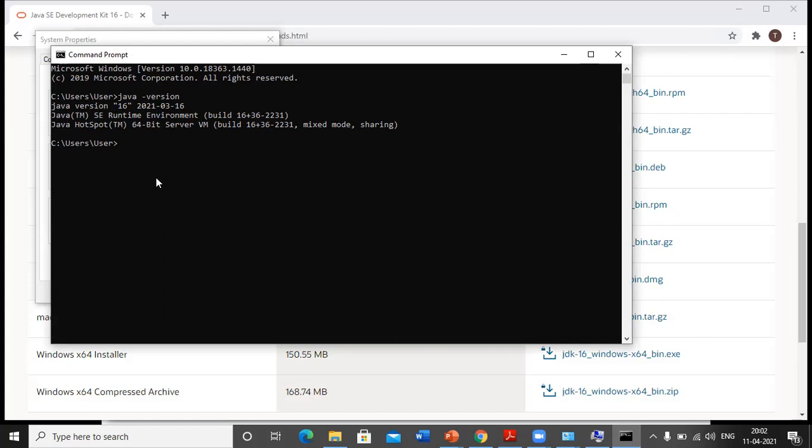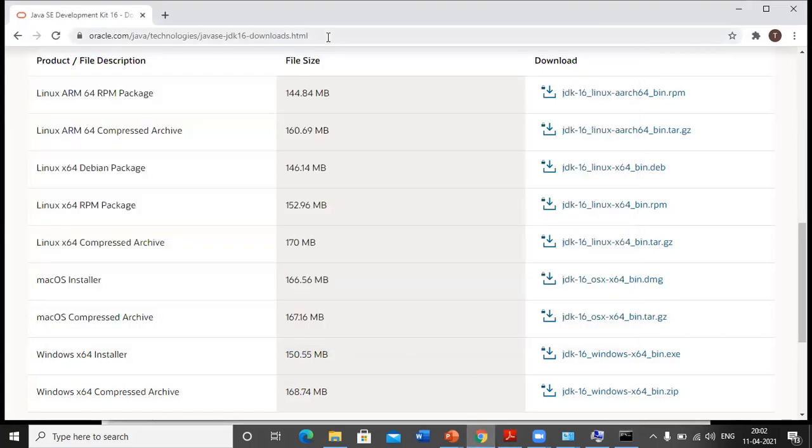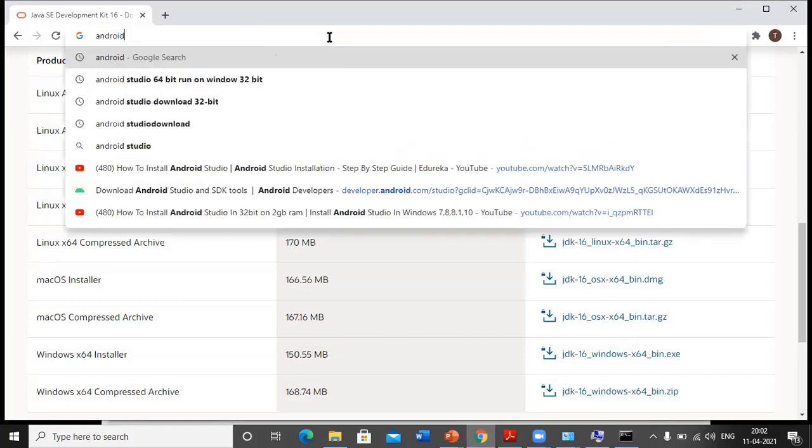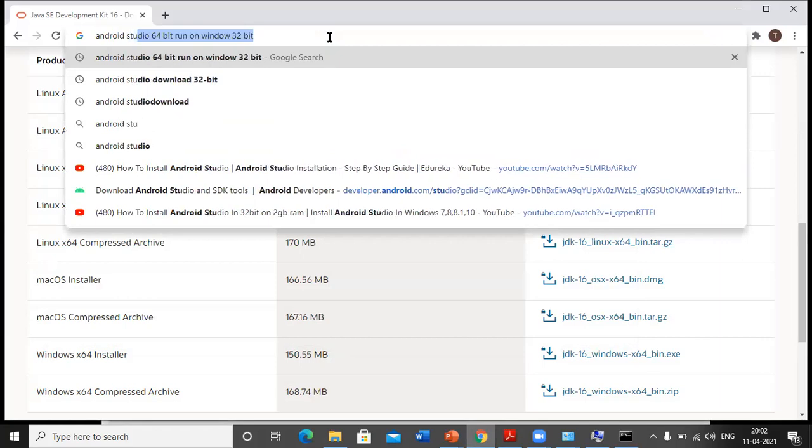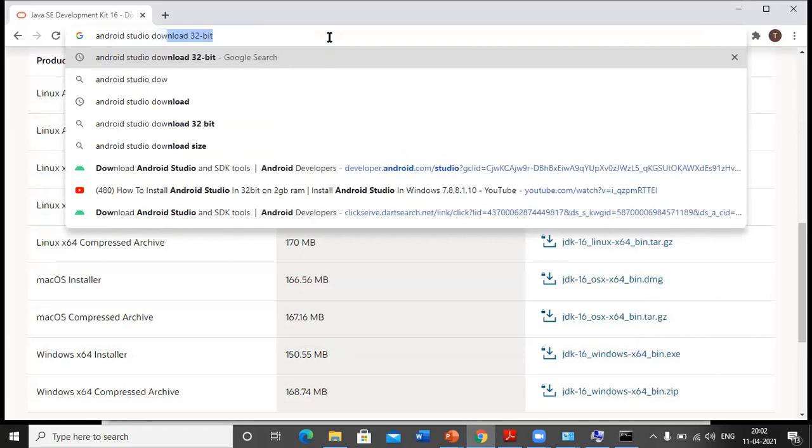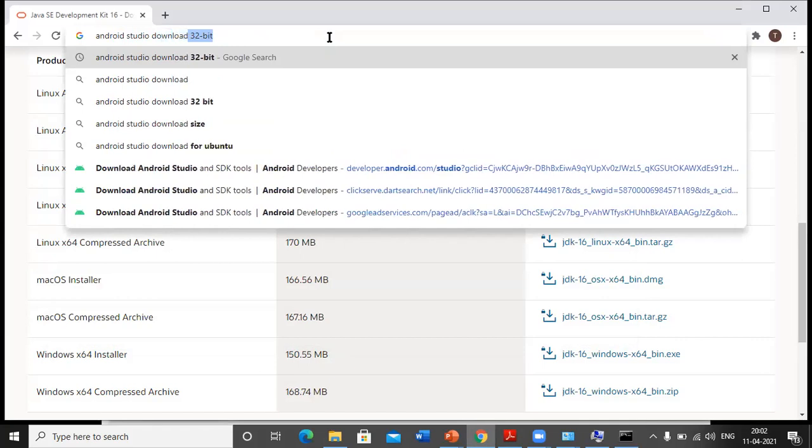install Android Studio. In order to do that, I will be searching for Android Studio download.